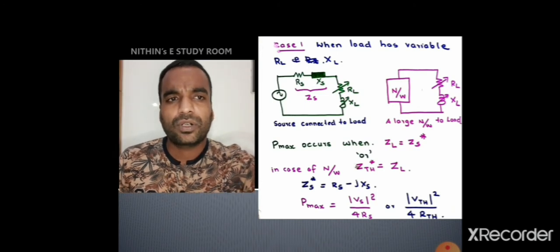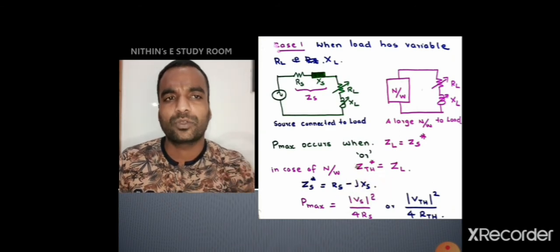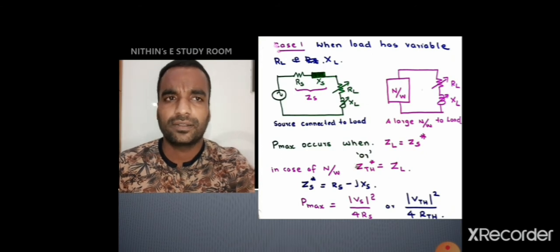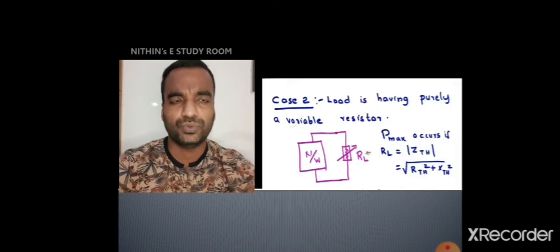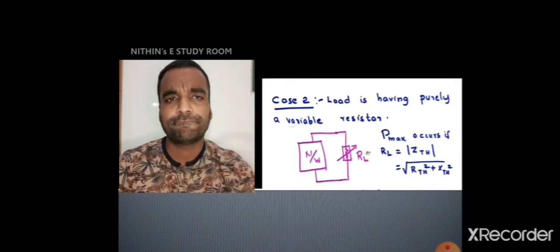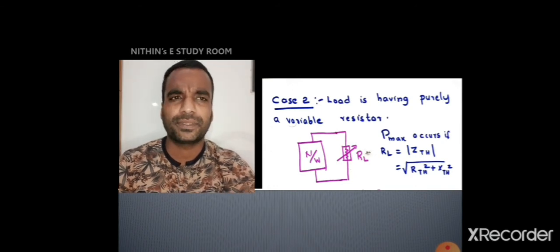Okay. Or in other form, if it is a single source and single load, Pmax is equal to Vs square by 4Rs. This is case 1. And now it's case 2. You have to learn these 4 cases by heart, because there are derivations and some techniques to memorize these things, but it's not that good.